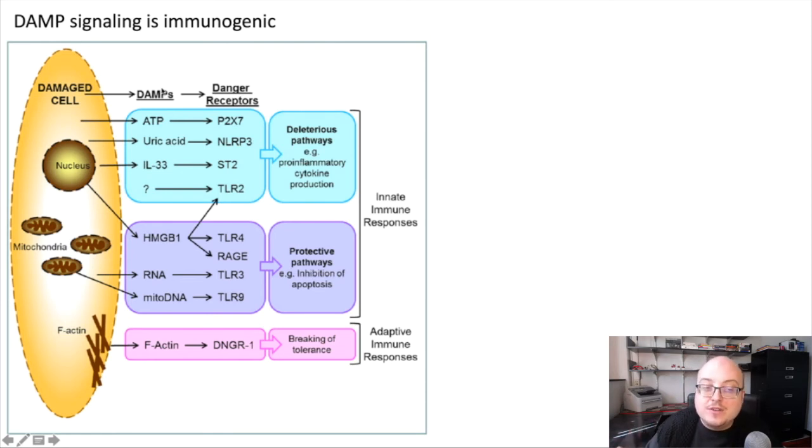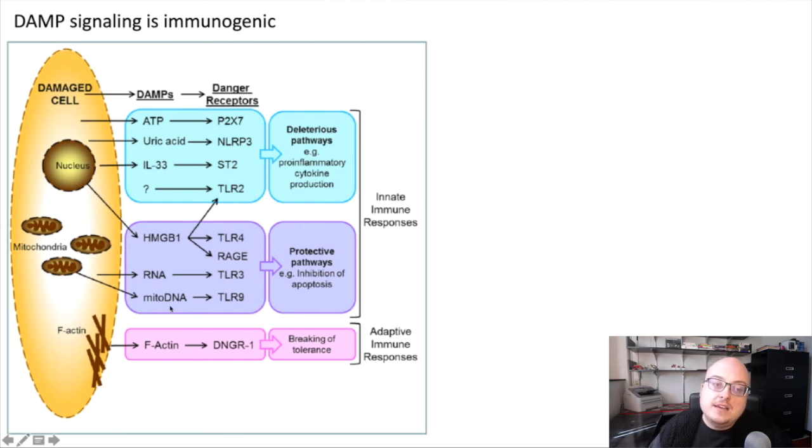I keep referencing them, and I said there are things that belong on the inside of the cell. Well, some of these things are quite recognizable, things like ATP or mitochondrial DNA. These things have clear purposes under normal cellular conditions on the inside of the cell, but we don't normally see ATP or mitochondrial DNA outside, and when we do, that's a clear signal that something is wrong.